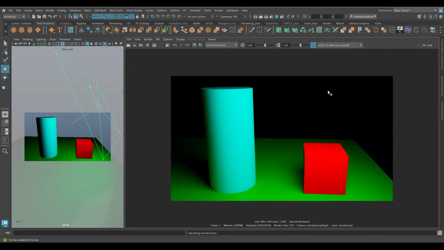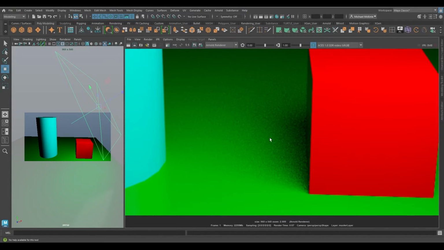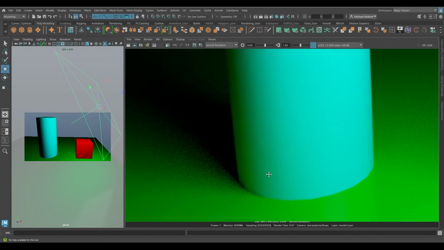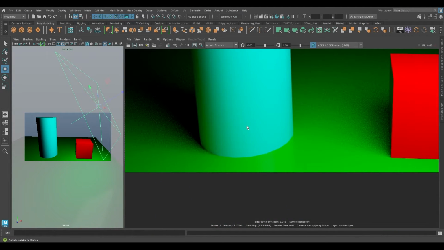You can see it's progressively rendering out the scene. All right, there we go. So a couple things I want to point out. You can see here it's a bit grainy. We're going to talk about how to improve that. But what I'm also wanting to point out is, and you may not necessarily know this because we didn't